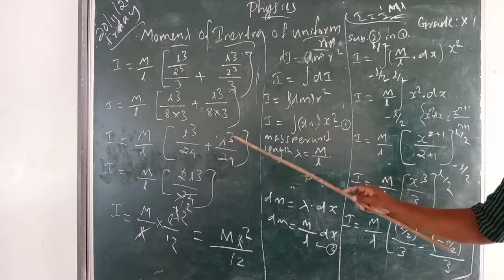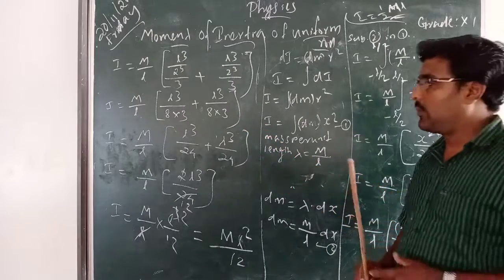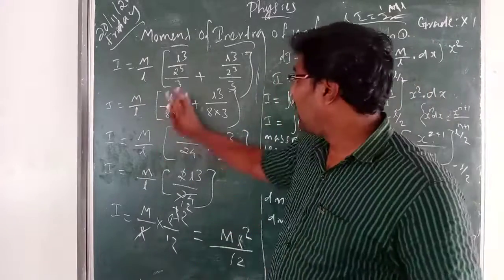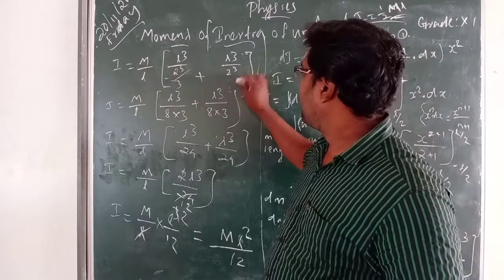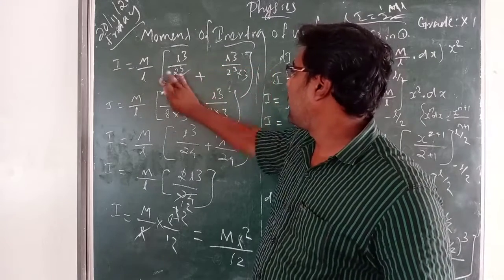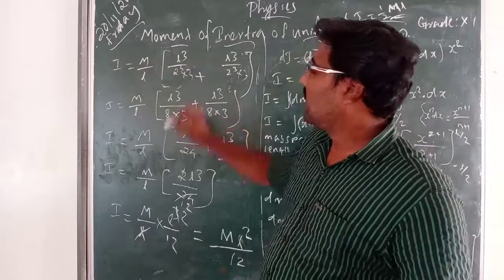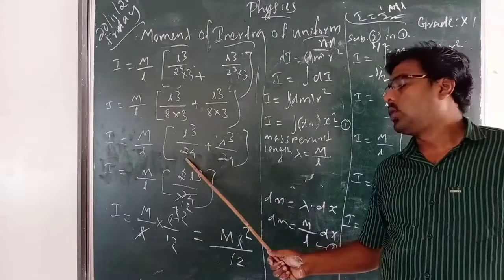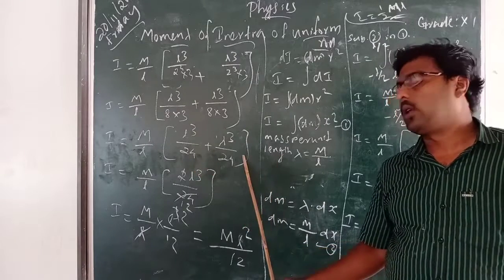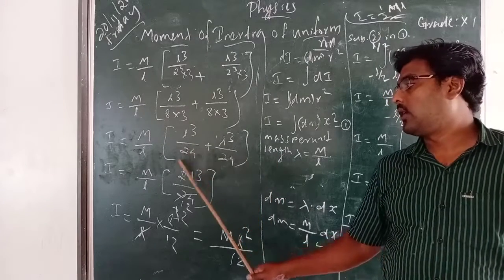Now 2 cube will go, and 3 you can write down. In this step, next step is 8 into 3 is 24. So the denominator 24 is the same, so take